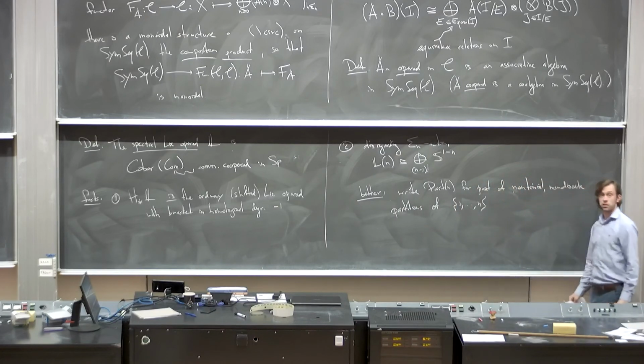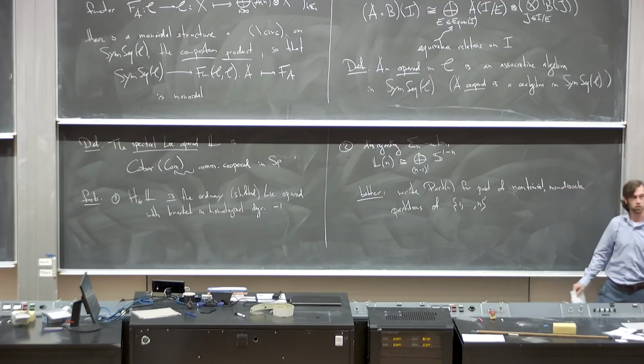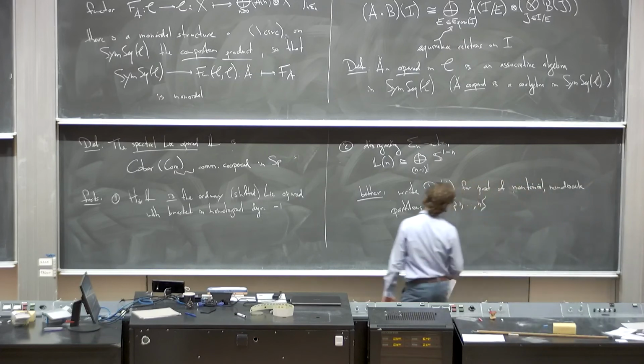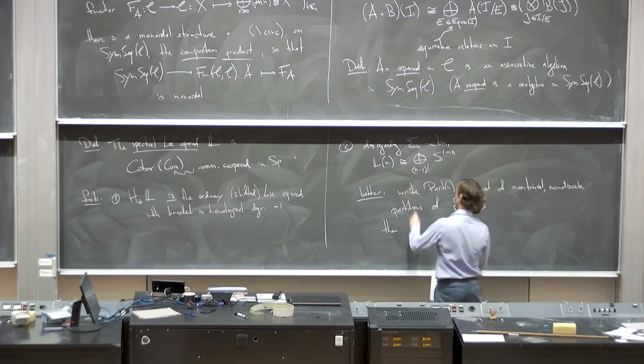That's a poset, so you could take its classifying space. You think of it as a category, take the nerve, that's a space, or simplicial set. Then you can describe this L_n